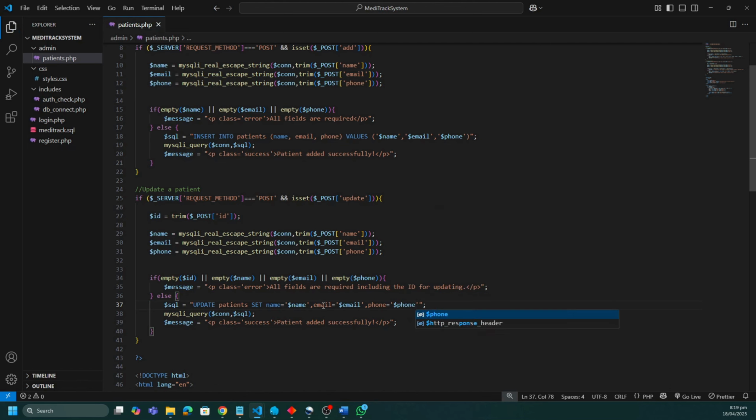Okay, so let's make sure we have all of the necessary things that are required. So we don't need these quotes here. We're not converting this into any string. And I think we're good here. And of course, our messaging has to be updated here. We're going to say patient updated